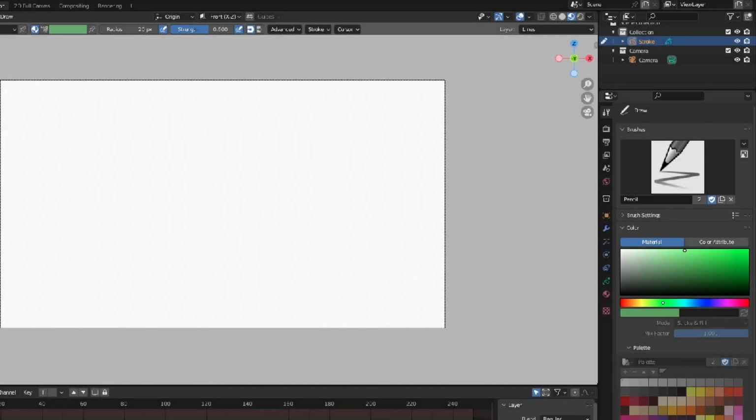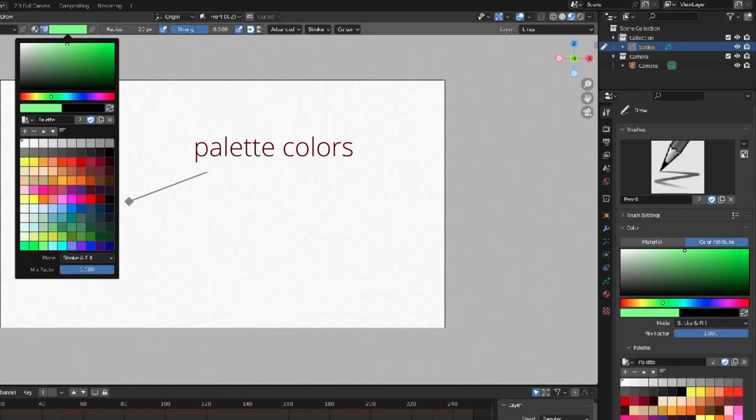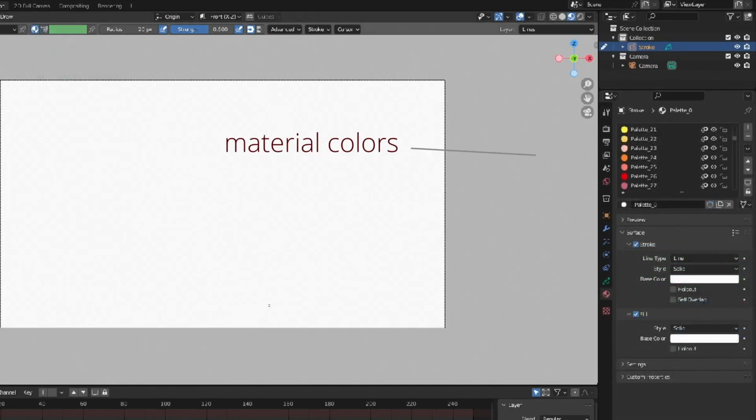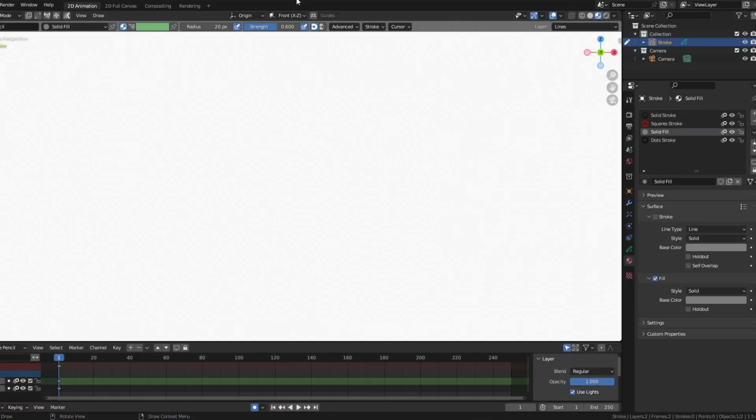Hey everyone, an uncharacteristically short video this time to show you how to convert colors in a palette to grease pencil materials using Python. If you're used to drawing grease pencil strokes in Vertex color mode, you're probably already familiar